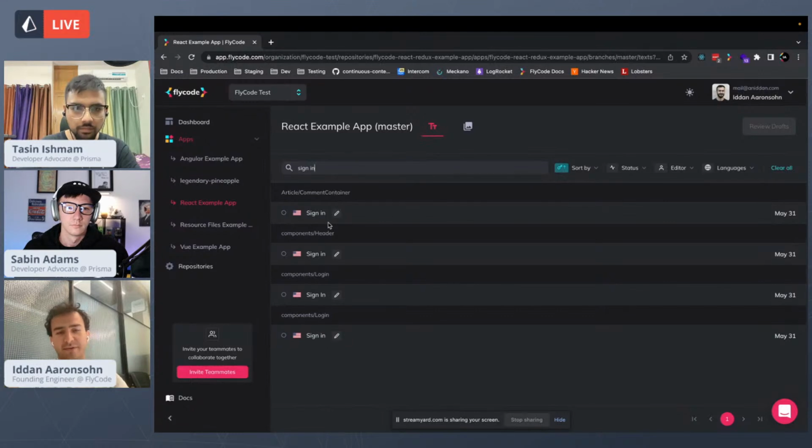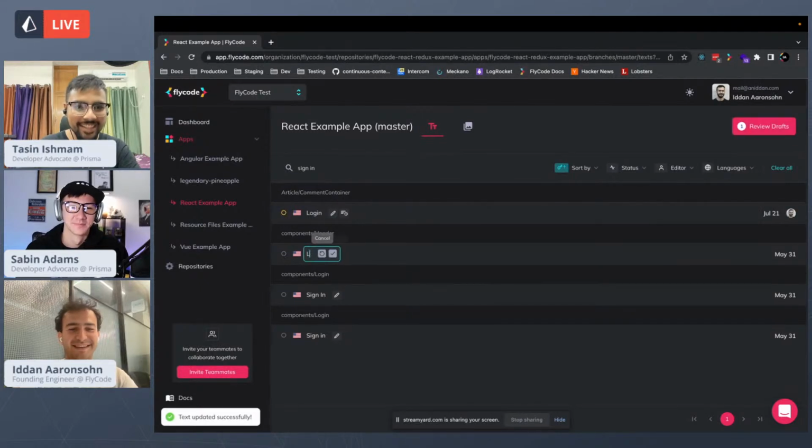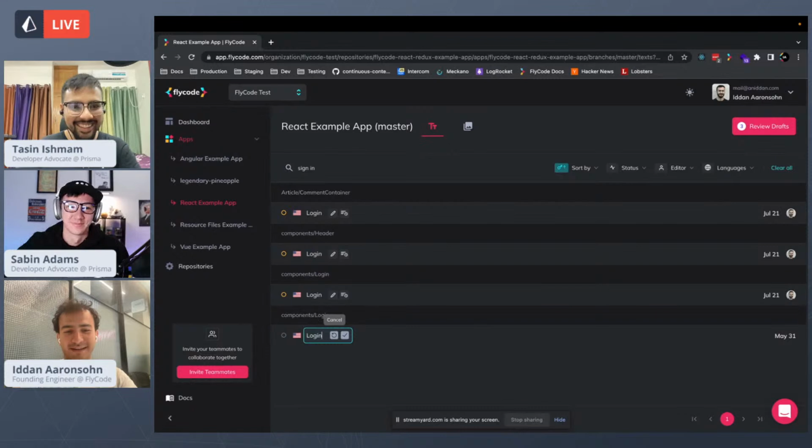Now, sign in appears in many places. And I want to change the language to always be login because it's much better for some reason. I'm not a product person, so I don't know why I decided to do this, but imagine I am. Through extensive A/B testing, we have figured out users respond better to login instead of sign in. Right. So I just edited it,